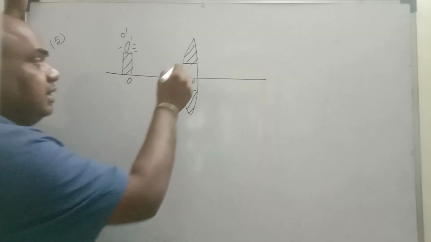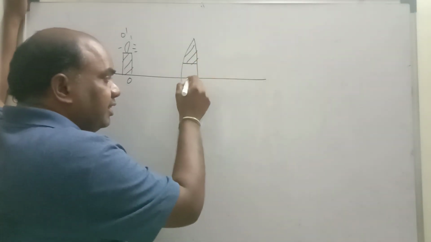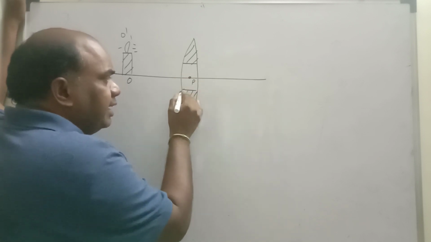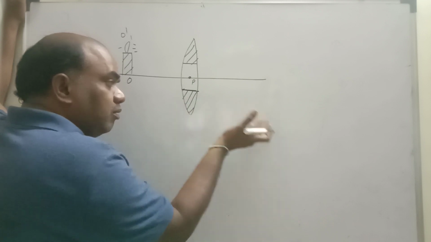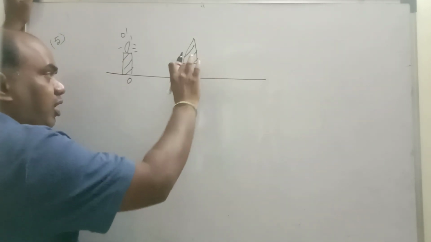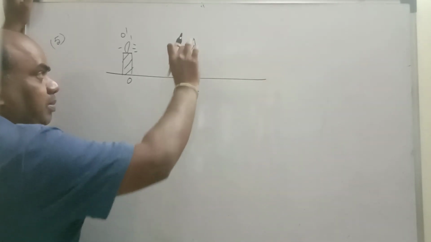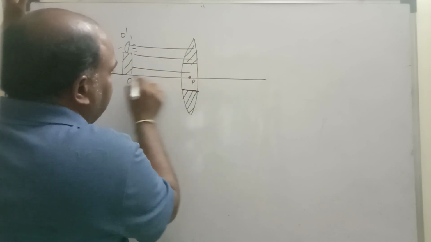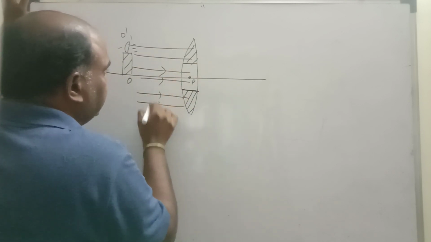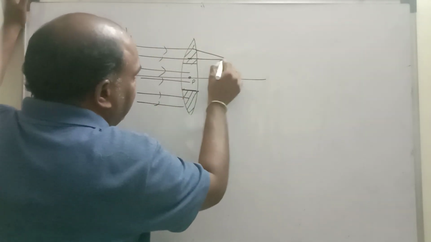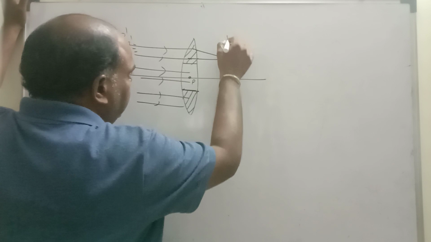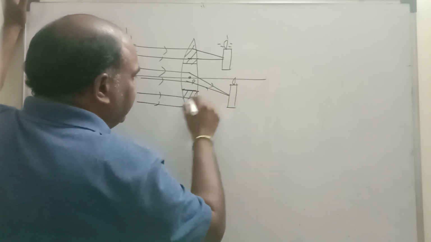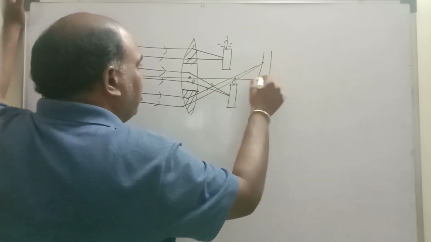Observe children, this material's refractive index is different, this material's refractive index is different, this material's refractive index is different. That means it can bend in different ways. The ray falling on this medium will converge at one place. The incident ray falling on this medium converges at another place. The incident ray falls on this place. Like this, let us consider these are all incident rays. This part will converge at one place and here one image is formed. Here this part will converge at another point and here another image is formed. This may converge at another point, and here one more image is formed.